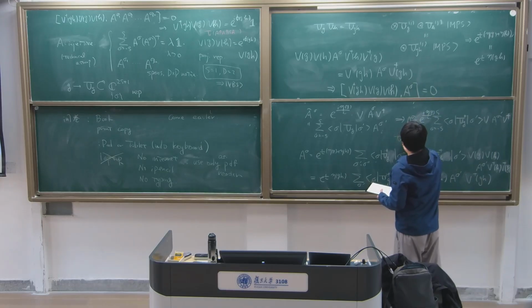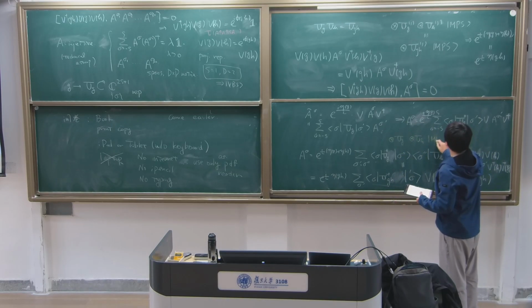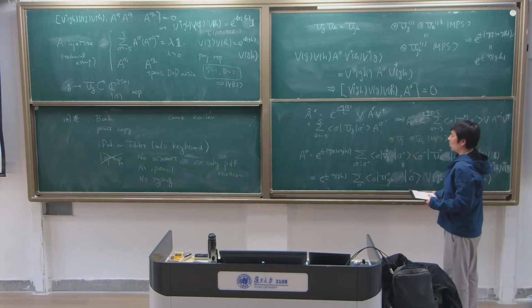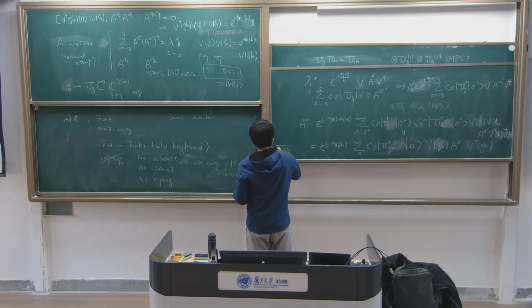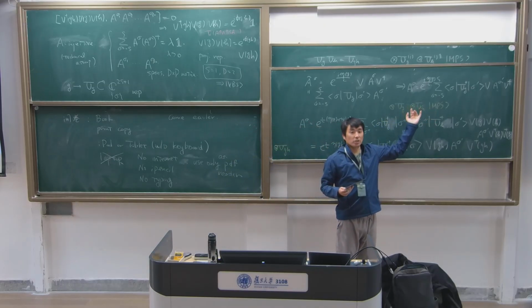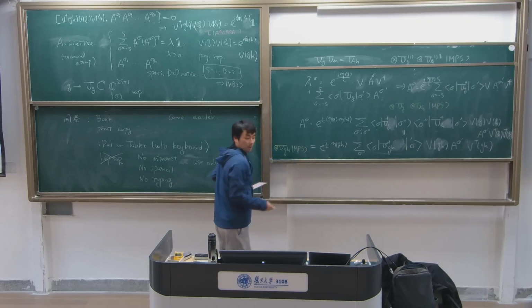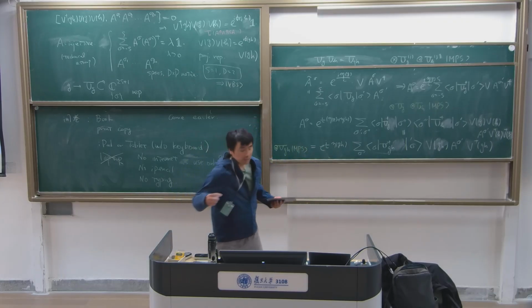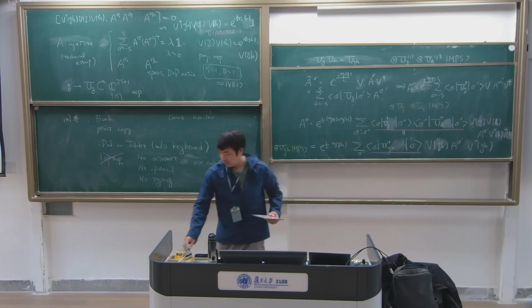So U_G and then U_H act independent of this MPS. The upper one is the upper one. On the other hand, the lower one is U_GH. Since G and H, this action is a representation. If U_G and U_H act simultaneously on the MPS, you get the lower one. And I compare this part and this part, and then